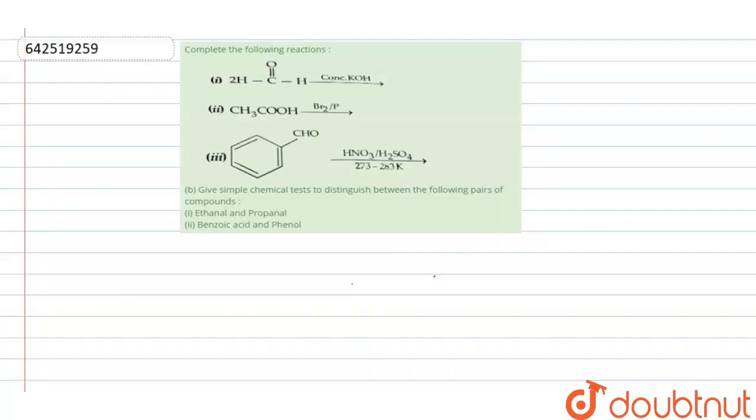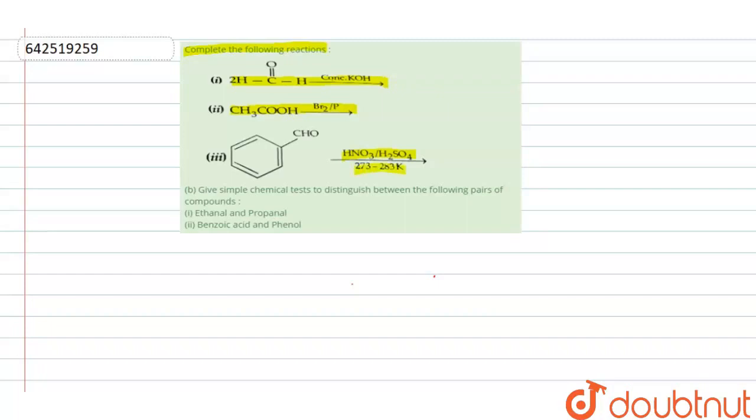Question given here is: complete the following reactions. The first reaction is 2HCHO in the presence of concentrated KOH. Here aldehyde is given. This is formaldehyde in the presence of concentrated KOH. Second is CH3COOH in the presence of bromine and phosphorus. This is acetic acid, and the reaction is undergoing in the presence of bromine and phosphorus. And third one is C6H5CHO, this is benzaldehyde, in the presence of HNO3 and H2SO4 at the temperature